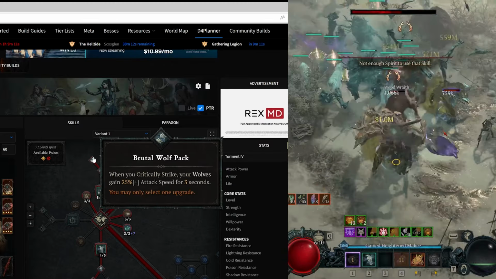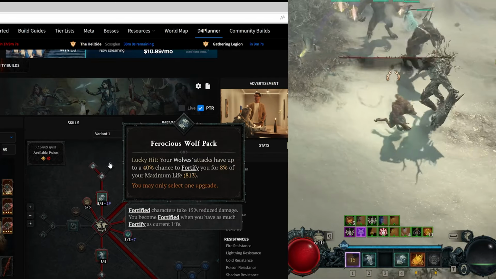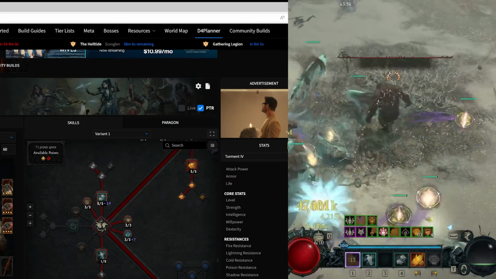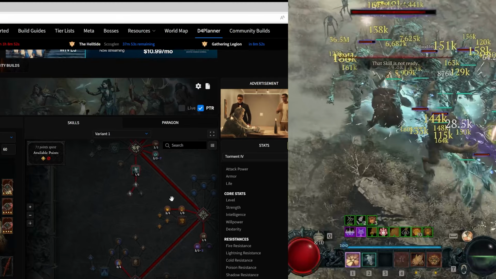or poisoned enemies. When you critically strike, your wolves are going to get a bunch of attack speed. I didn't find this to be necessary because we get so much fortify from Grizzly Rage. Nature's Reach gives us more damage whenever we're attacking things from a distance, or if they're slowed, stunned, knocked back, which everything should get slowed because we have Neurotoxin and rabies is going to spread to everything, so everything should